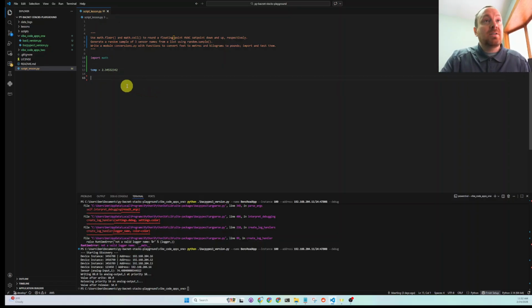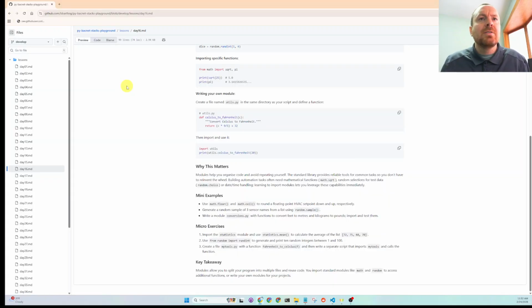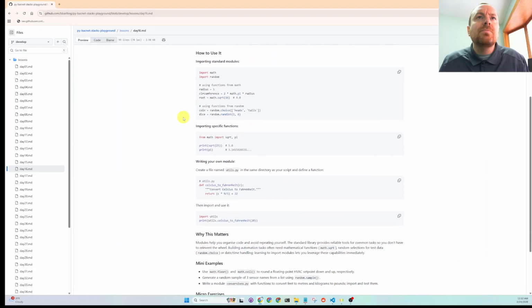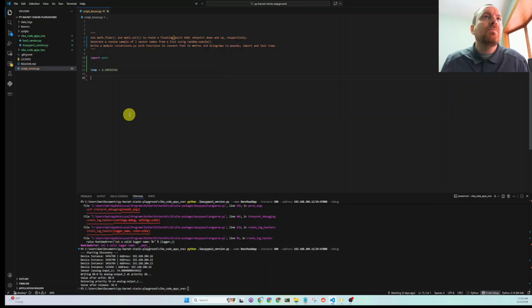I'm just going to say, I've never used this before. So math.floor. So let's just say temp, let's see if we can assign it a new variable. temp_floor equals